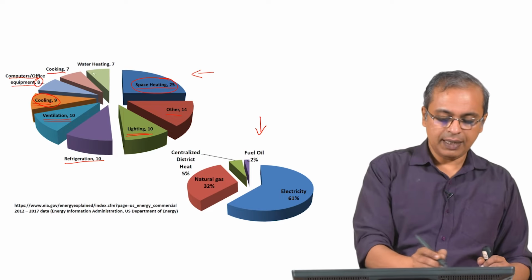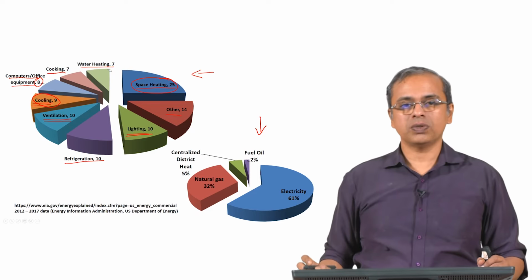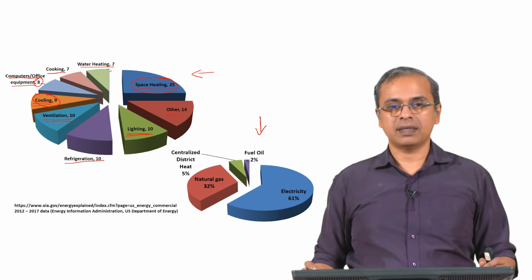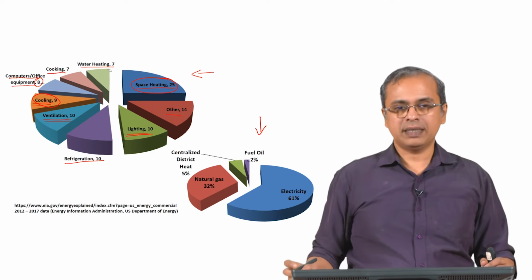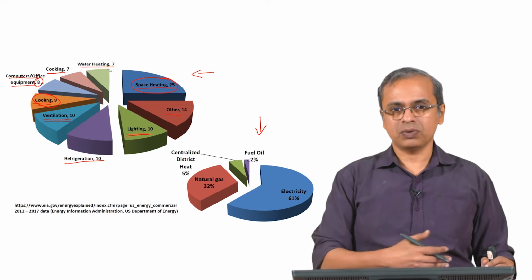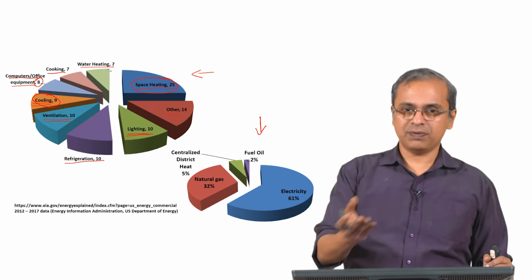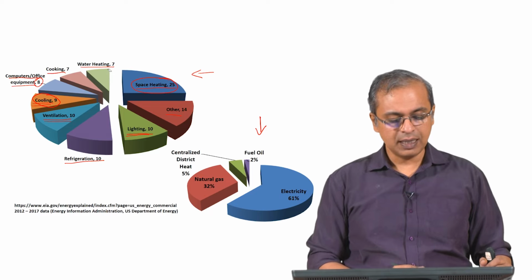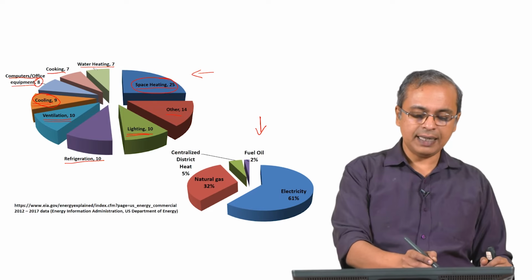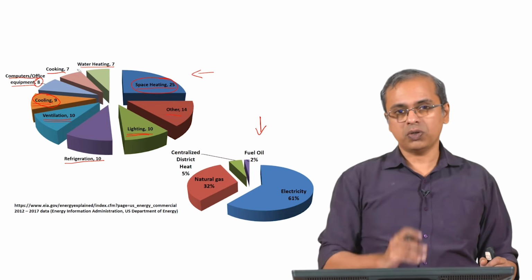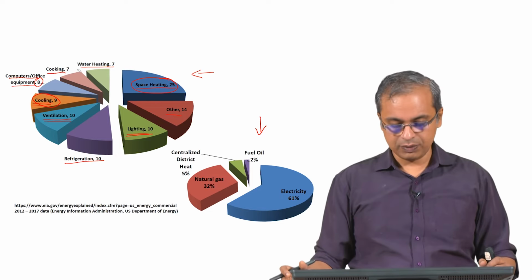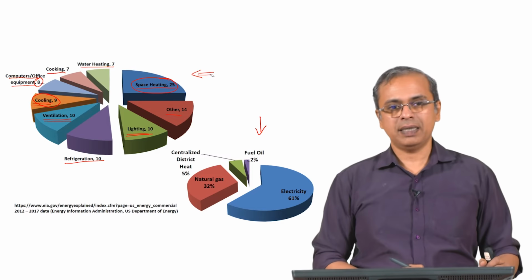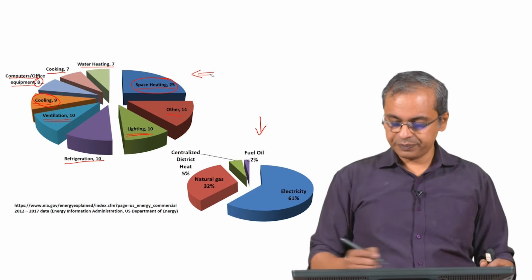Then there is cooking and water heating. All those hot water geysers that we use consume this 7% of energy that we are seeing, and of course, the cooking that we do. So, this is averaged across the buildings, a wide range of buildings doing a wide range of different things in the services sector, but this is sort of the split of energy usage. Again, if you use solar water heating, then this water heating percentage can come down. So, this is where it is being used in the buildings.